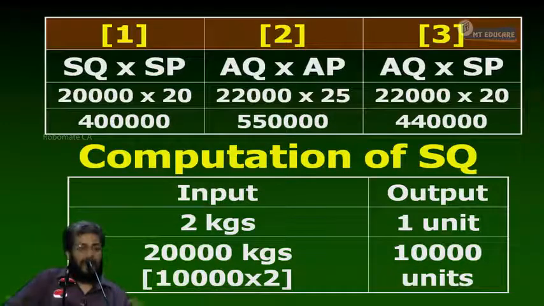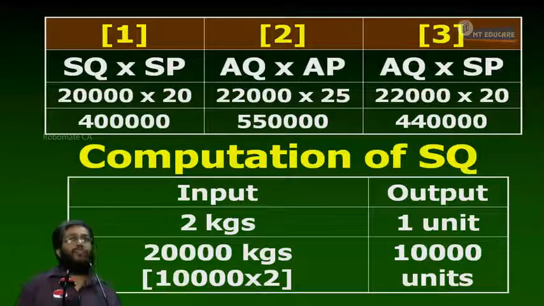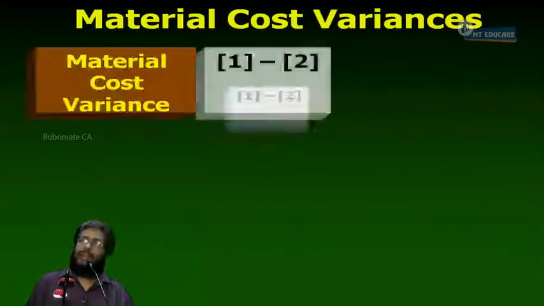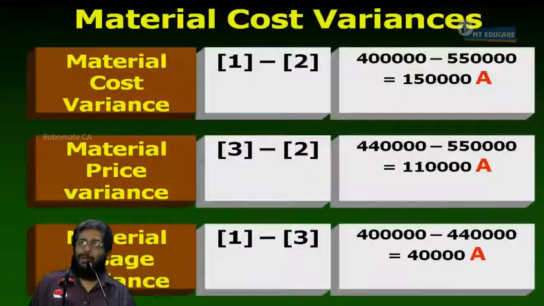Let us consolidate and then go for the next sum. So much has been discussed now. Very little concept, but the time taken is too much. Okay, now tell me. Material variances. We are not discussing single raw material input. How many steps are there? 2 steps. Name the 2 steps. Computation table, variance calculation. How many columns are there in computation table? Name the 3 columns: SQ into SP, AQ into AP, AQ into SP.